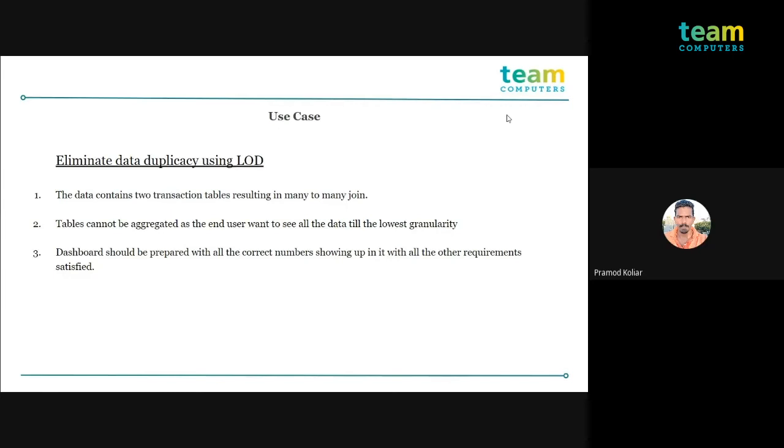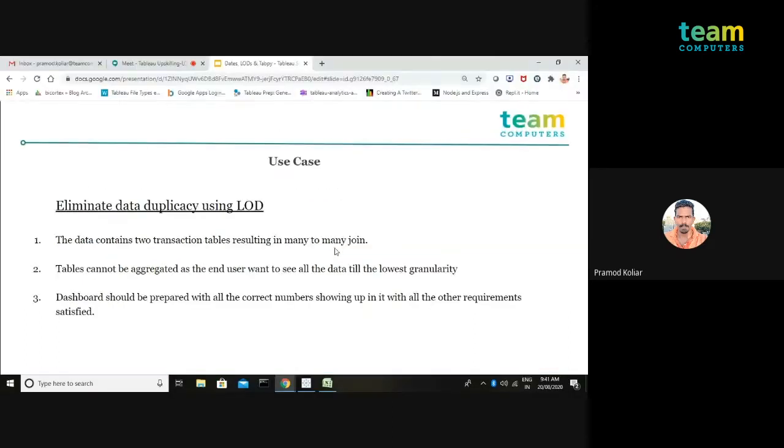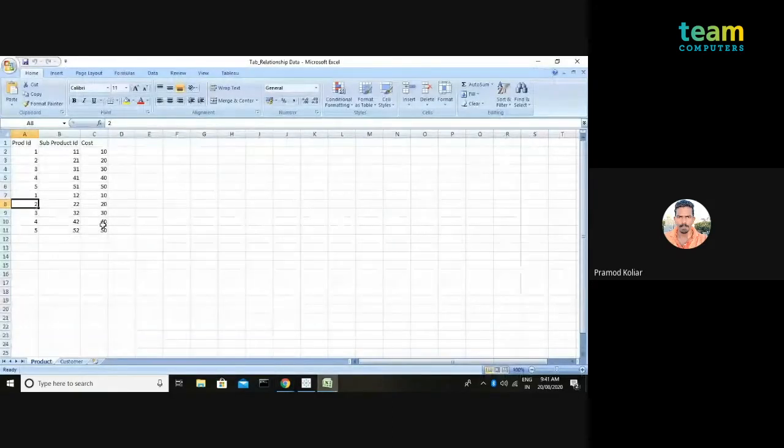Now let's see how LOD works in real life. Before going to that, I'll quickly explain the use case and the data which I have. This is just dummy data that I've created in order to explain the development. I have the product ID, which you can consider as different products, like our daily used products.